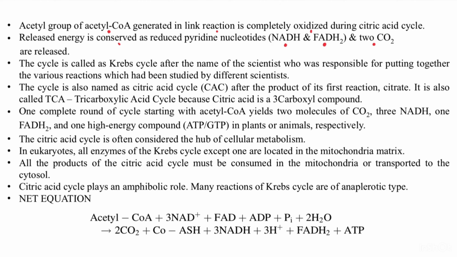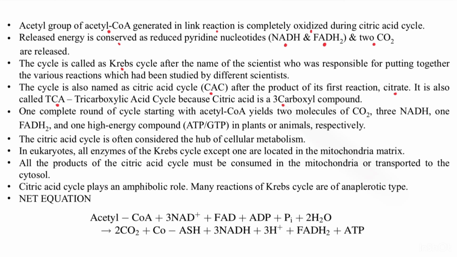The cycle was put together by Hans Krebs after the reactions involved in oxidation of acetyl coenzyme A were discovered by various physiologists and is therefore commonly known as Krebs cycle. It is also known as citric acid cycle since the first product is citric acid or citrate. It is commonly also known as TCA cycle because the citric acid, first stable compound formed in the cycle, has